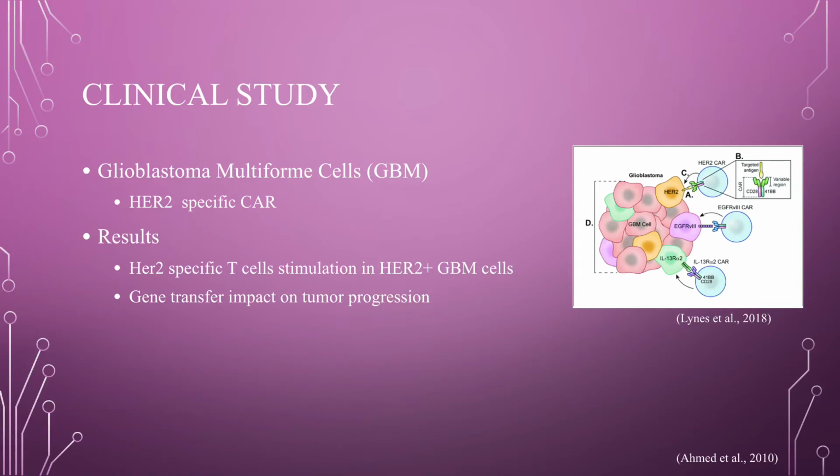These researchers used HER2-specific glioblastoma multiforme cells by transferring genetic material inside a cell via retroviral vectors for HER2-specific chimeric antigen receptors. The effector activates HER2-specific T cells against autologous glioblastoma multiforme, which was done in vitro. One result from the study was that upon stimulation of HER2-specific T cells, when HER2-positive autologous GBM cells were present, T cell proliferation increased. HER2-specific T cells killed CD133 positive and negative cells from the original HER2-positive GBM, but the HER2-negative